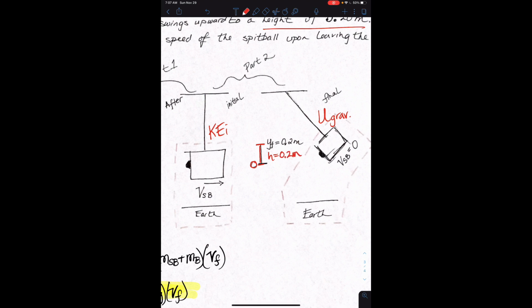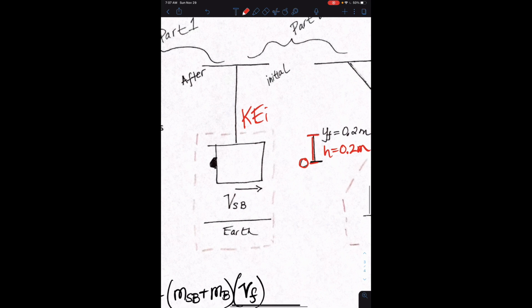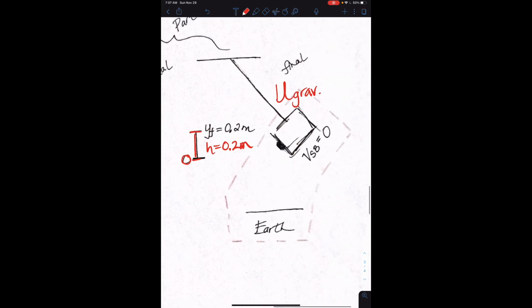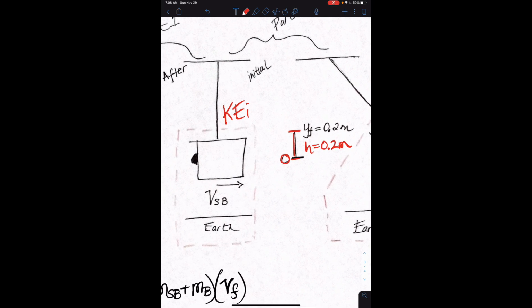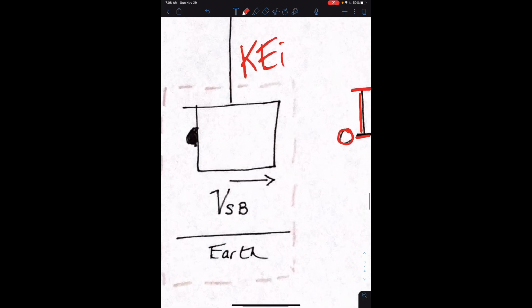And so therefore we know the total energy in this problem is either the total kinetic energy at the bottom or the total potential energy at the top, which is mgh final. And we know h final is 0.2 meters. We know g, we know mass is 1.01. And so we can work backwards here to get the kinetic energy initial, because we really want to know the velocity of